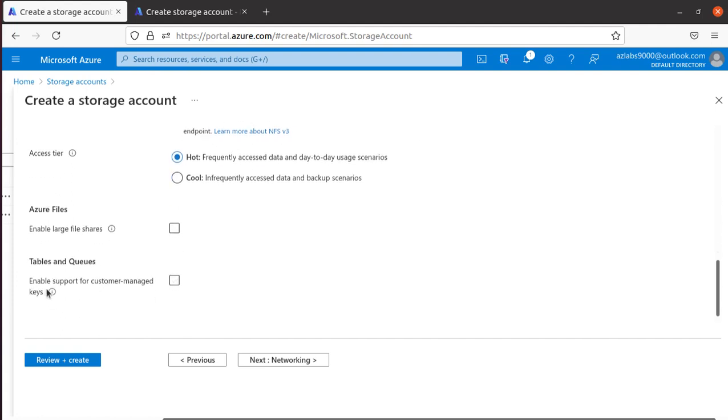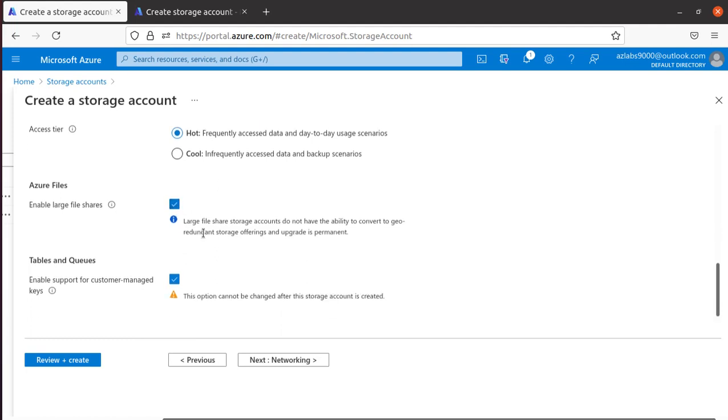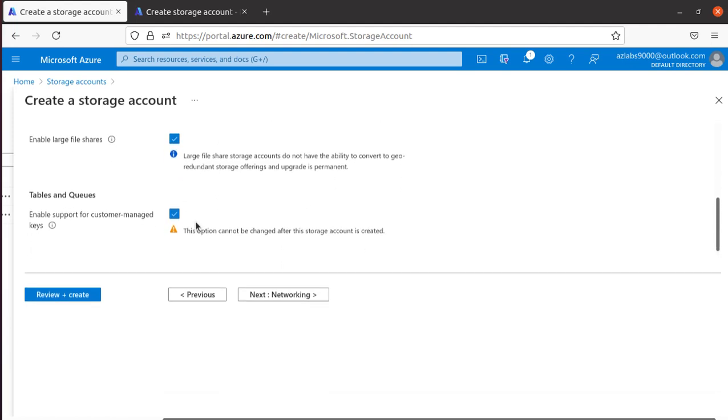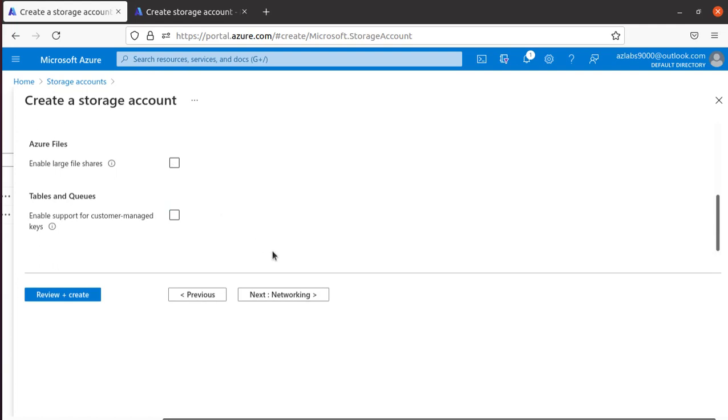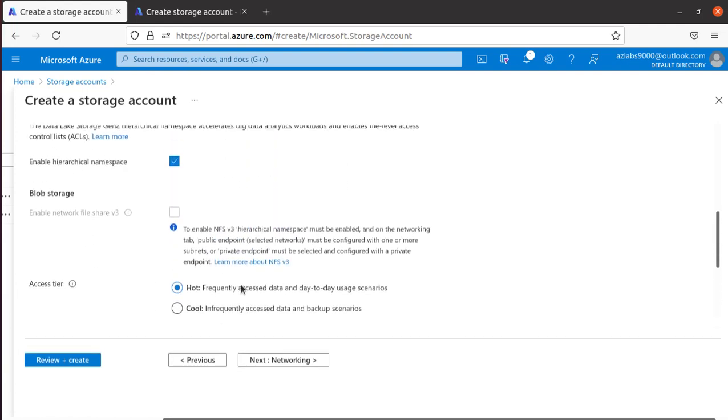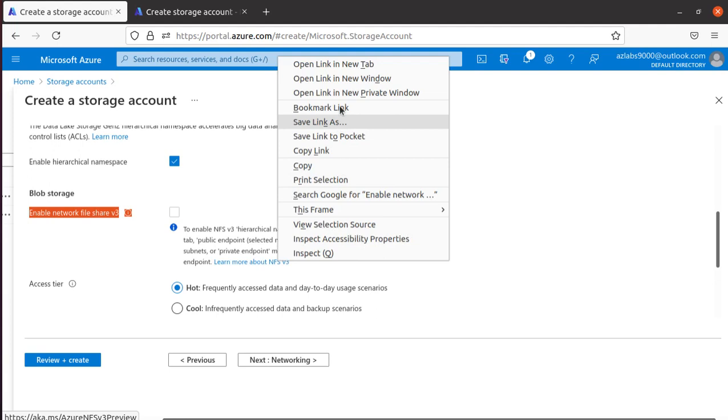Now here is the enable support for customer managed keys. For some of these features, you actually have to email or contact Microsoft to be able to use them. Like this one, you have to go there, and to enable the Microsoft file share version 3, you have to go through some steps. Okay,